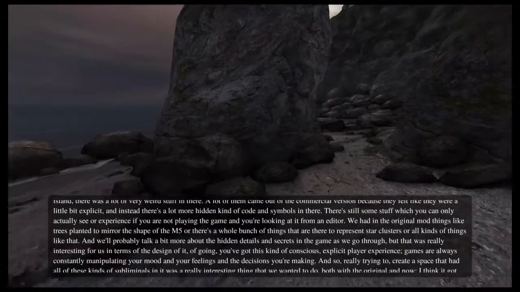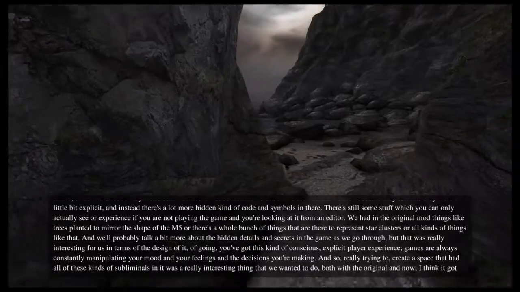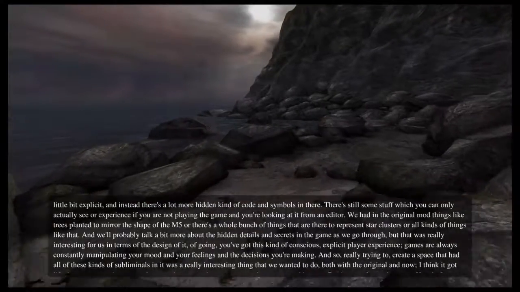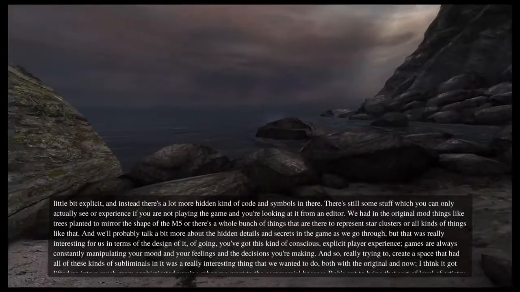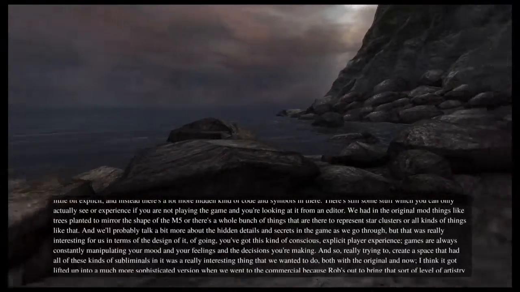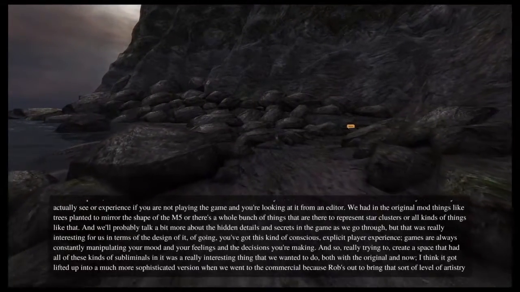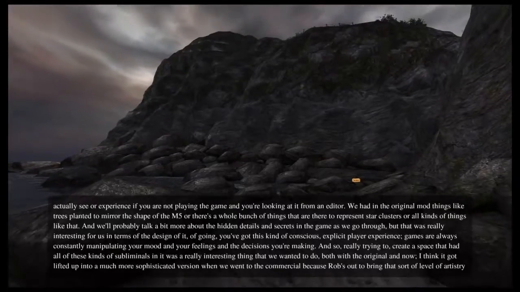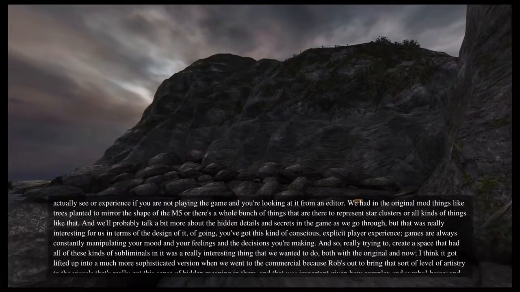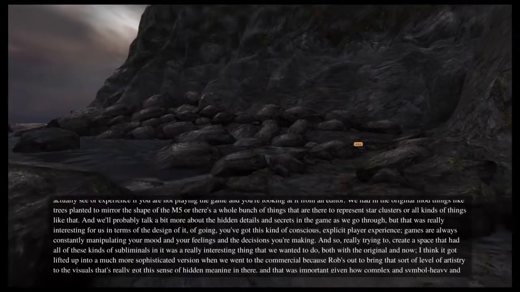We had in the original mod things like trees planted to mirror the shape of the M5, or a whole bunch of things there to represent star clusters and all kinds of things like that. And we'll probably talk a bit more about hidden details and the secrets in the game as we go through. But that was really interesting for us in terms of the design of it: you've got your conscious, explicit play experience, but games are always constantly manipulating your mood and your feelings and the decisions you're making.